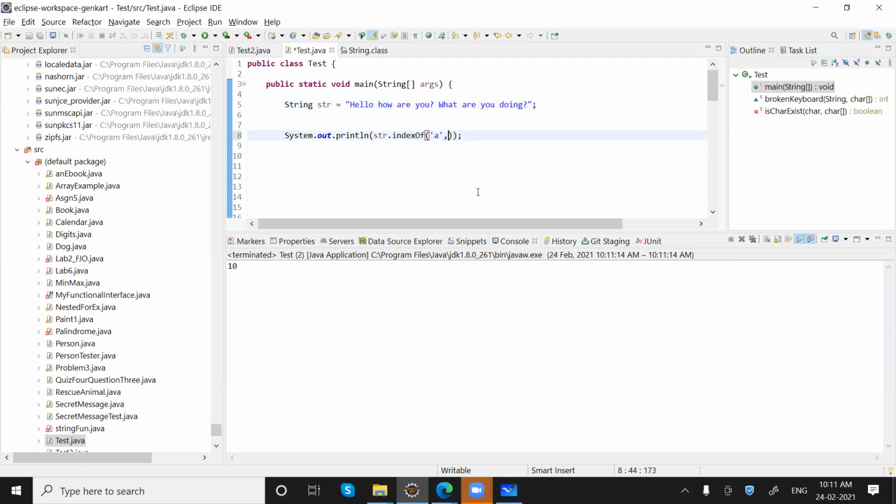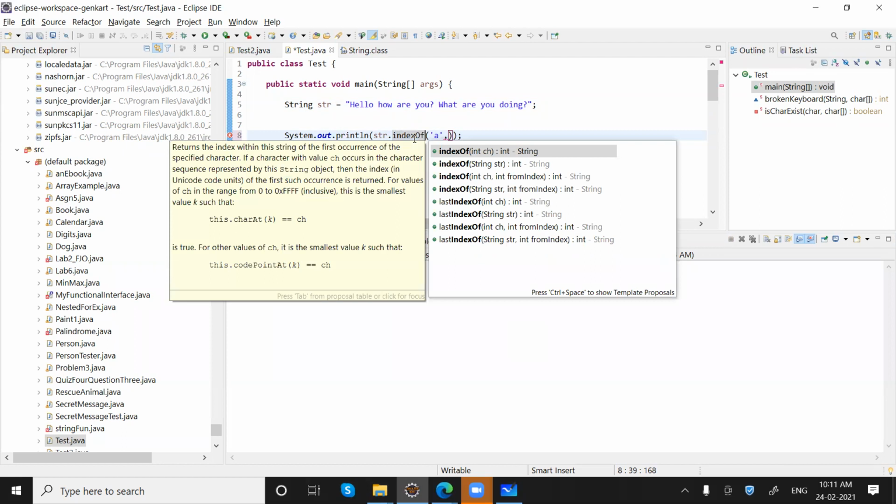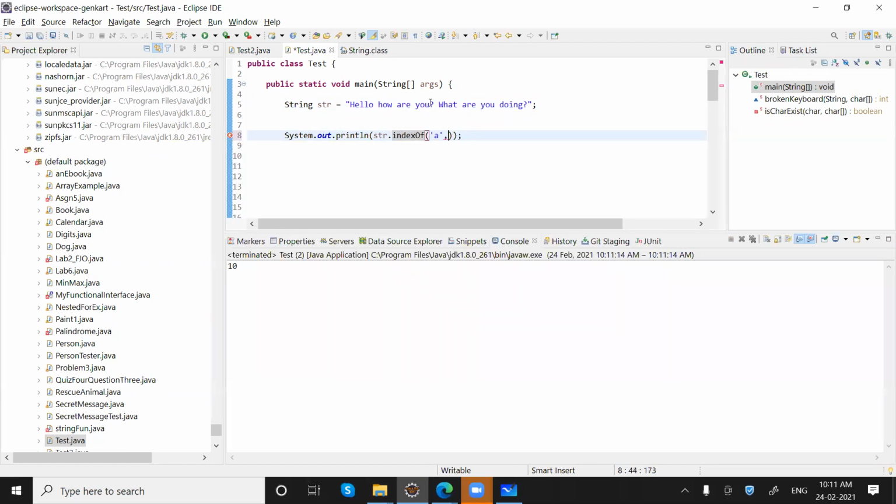Now we have another method of this format, which was int character and fromIndex. So I'm saying just forget about this, start counting from this position. Let's say this one is at the 10th position.